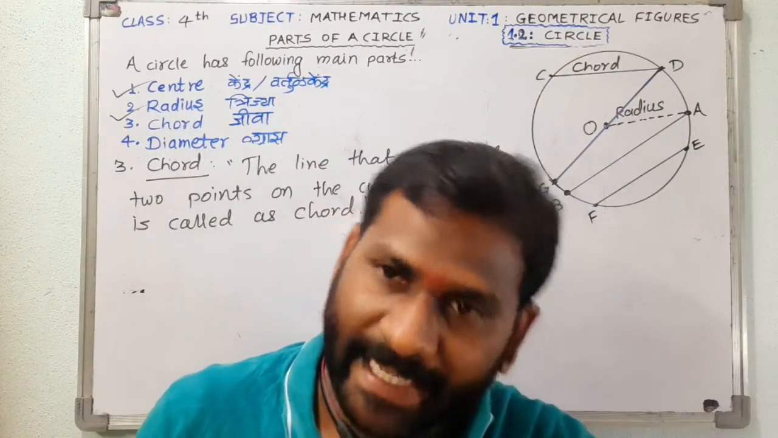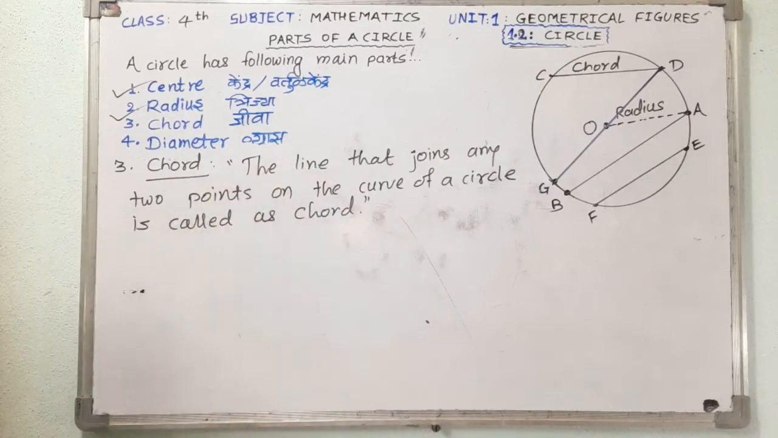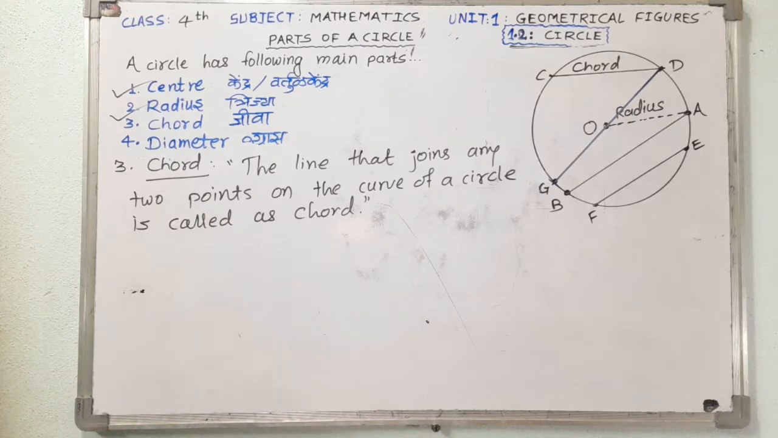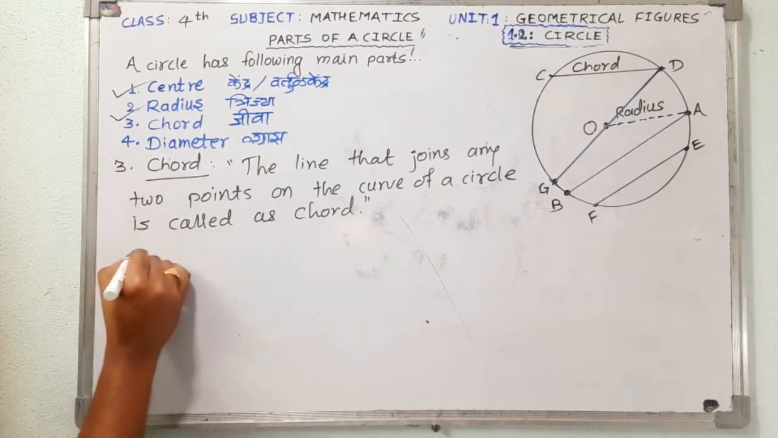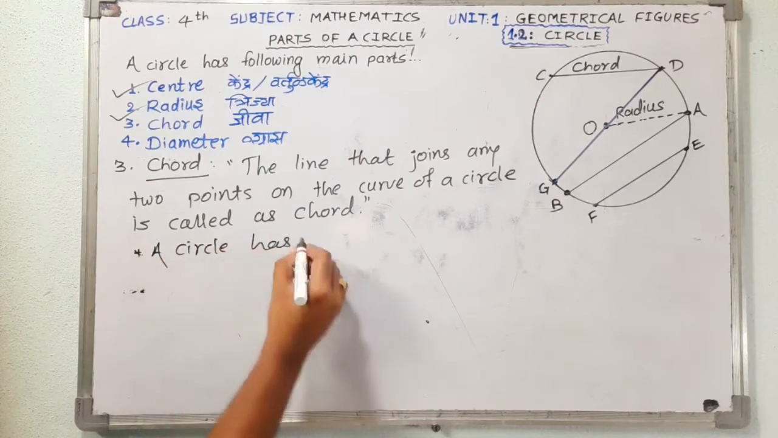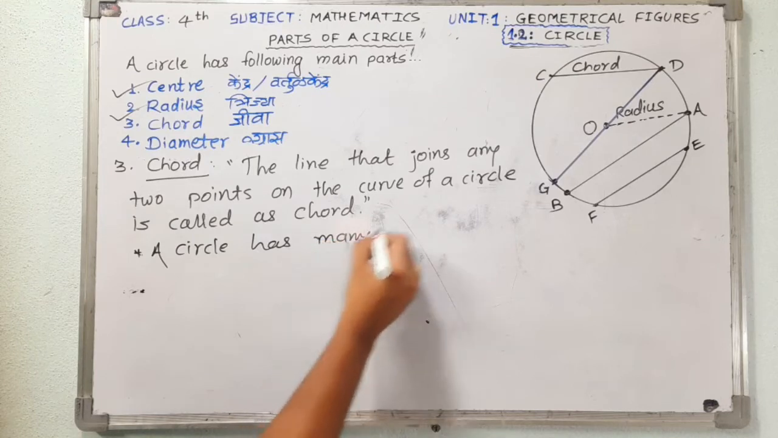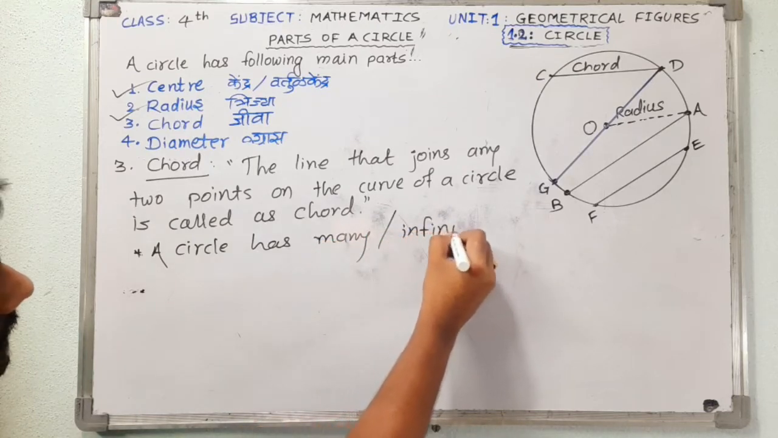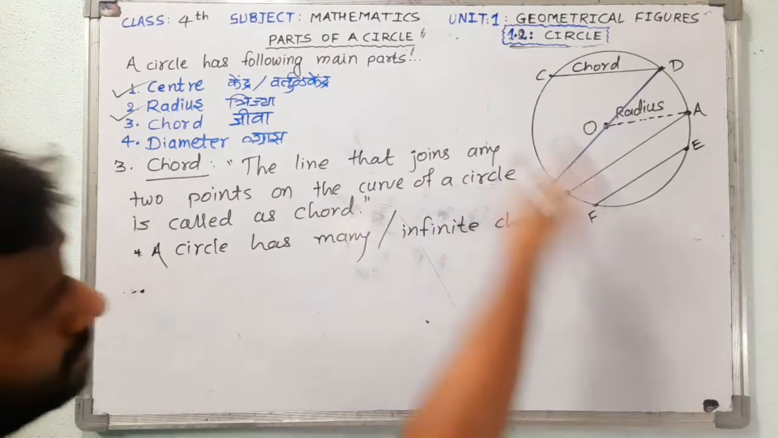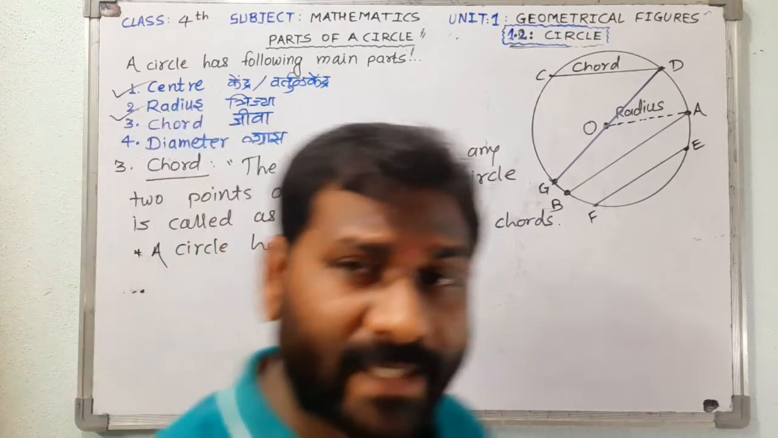Okay, so that means diameter. We will see just after the chord. So okay, these all can be considered as chords. Okay friends, so here, how many chords does a circle have? And the answer is yes, a circle has many, or infinite, chords. Okay, you can draw the chords in any direction, just that line has to join 2